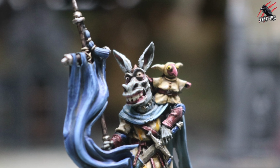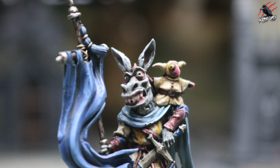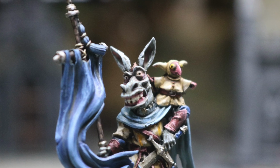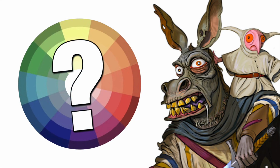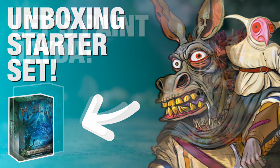Of course, if you want something a little bit more fancy and you're painting more of a hobby or as a collector piece, then you could add more layers and get a more blended effect. But there we go, that's the video for Greymair painting. If you haven't seen the previous video on the colour theory, go and check that out. I've also got the unboxing starter set video with all the miniatures in there,